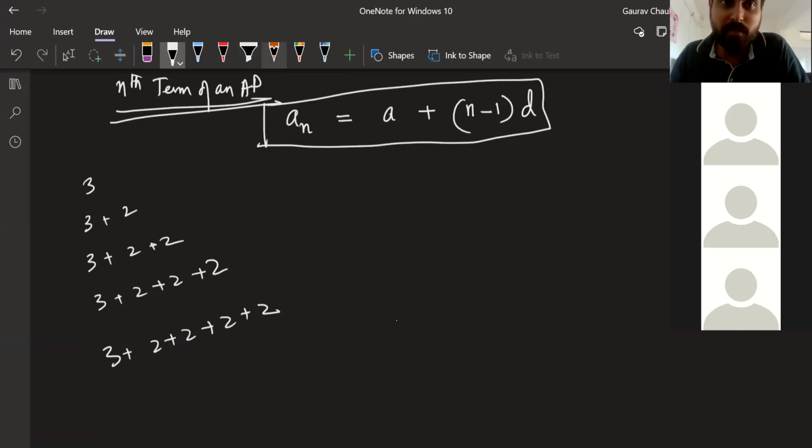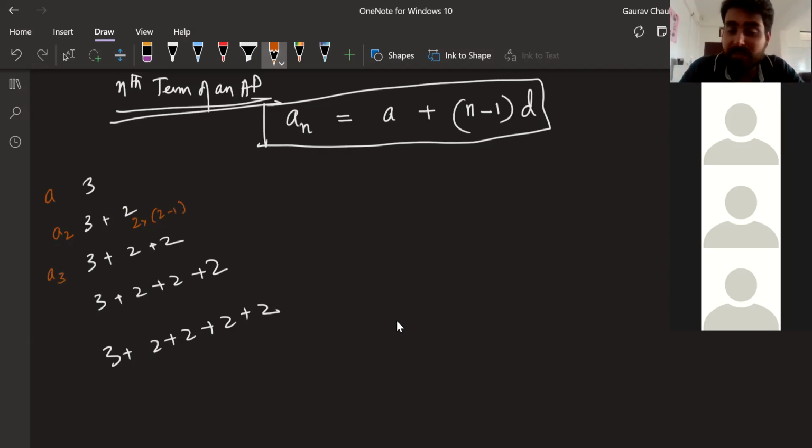Just want to pay attention here, okay? First term, A, or you can even say A1, okay? What is this? It's 3 plus 0, right? Forget that for a minute, okay? So A2 you see here, okay? 2 is the common difference. 2 into this 2 which is there, what is basically 2 into 2 minus 1, okay?